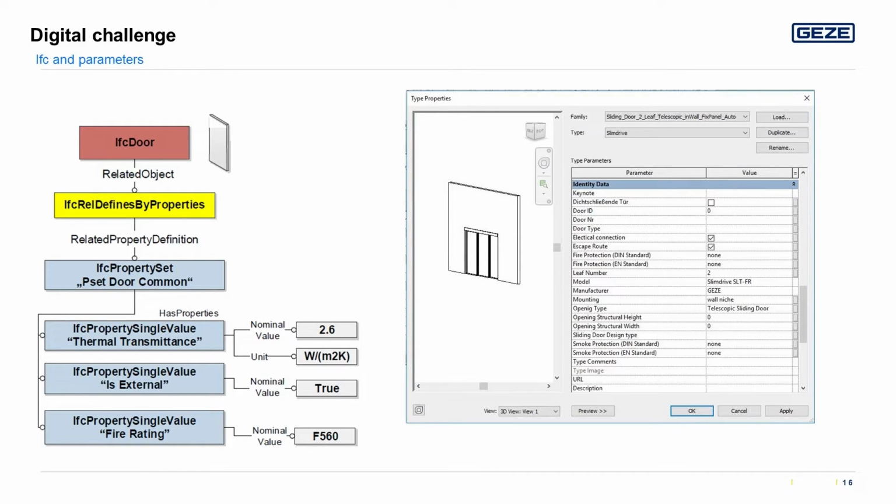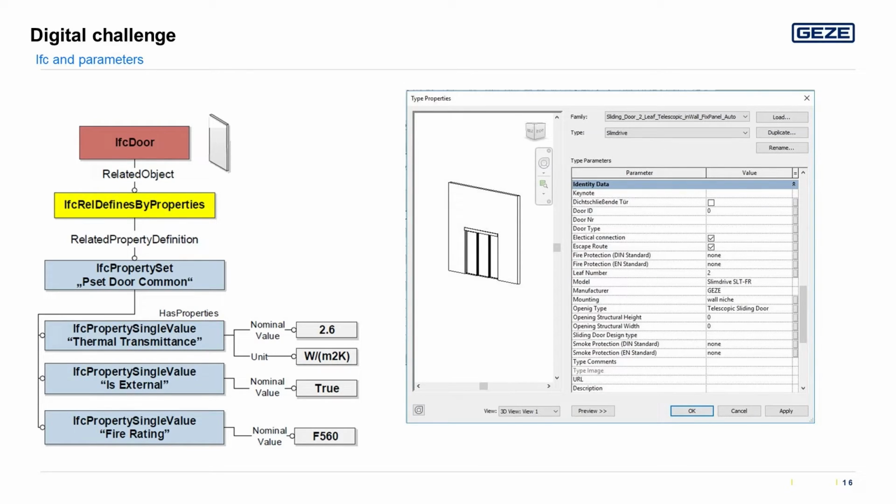Like I told you, it's quite simple, it's just information put on the element. And here in these IFC data, it's the Industry Foundation Classes. You can see on the left side what's inside it. You have an element, and on this element, in this case it's the IFC door, you have a property set.